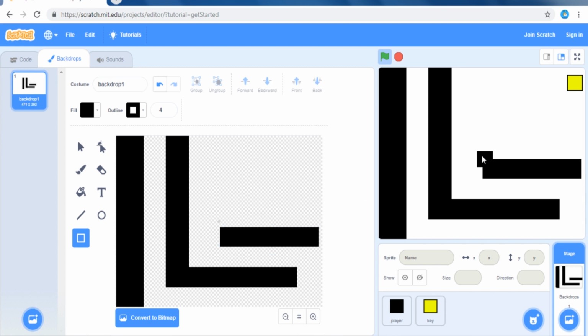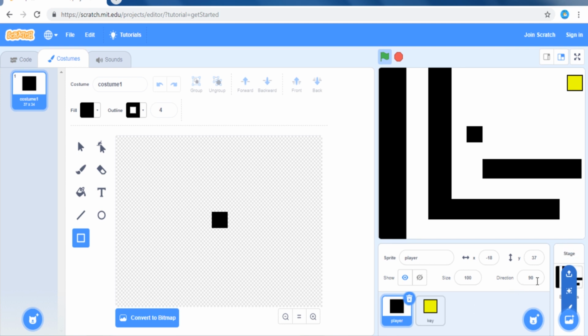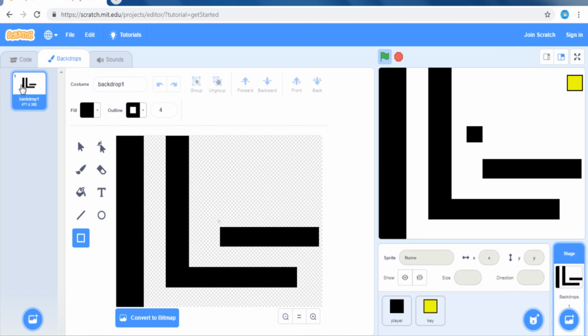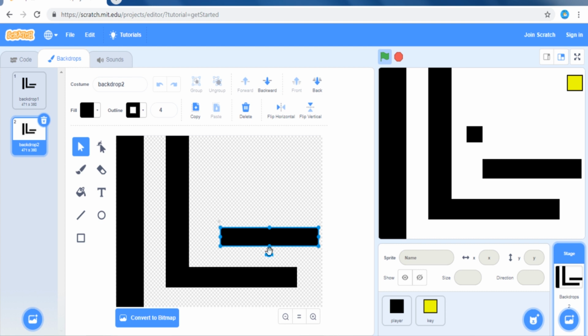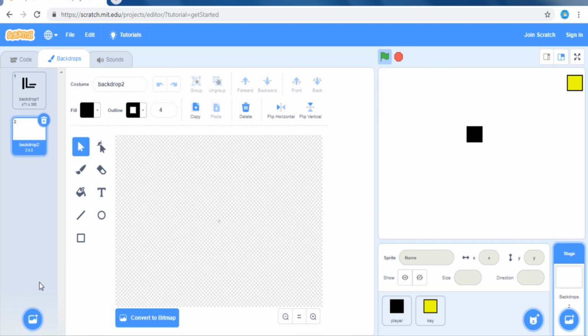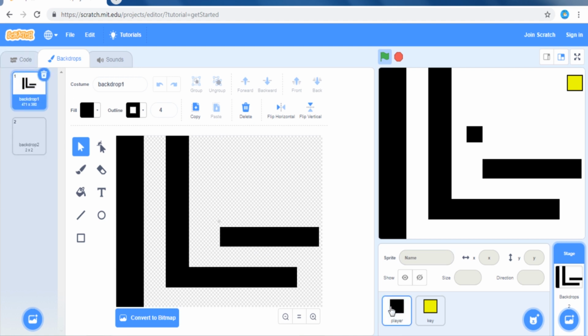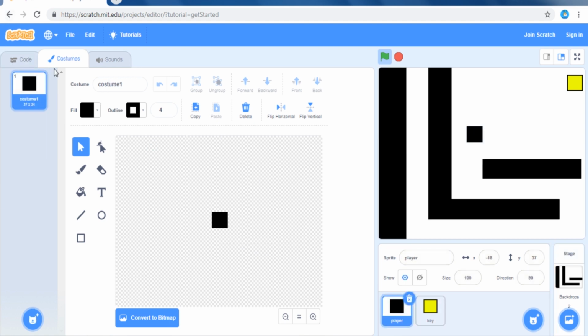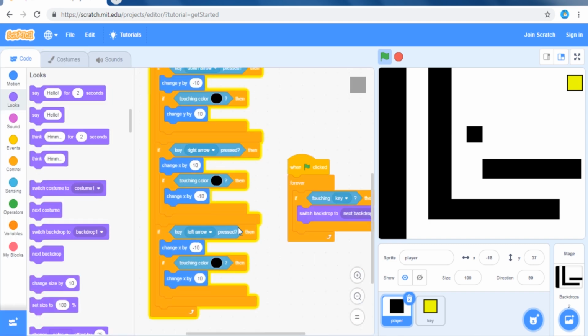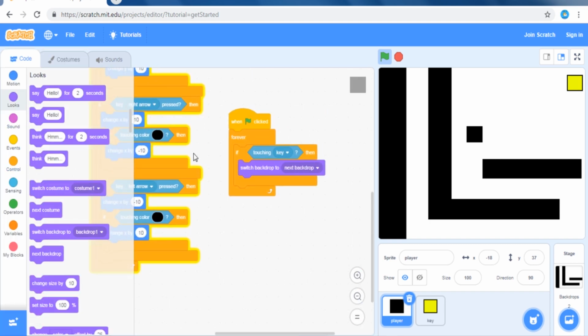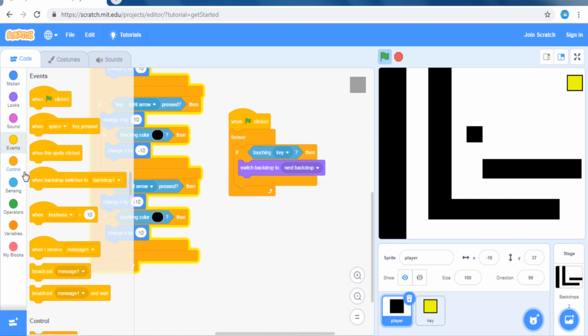Okay, now when we have this, you can make another level, but I'm just going to do nothing like that. So, go to here and say